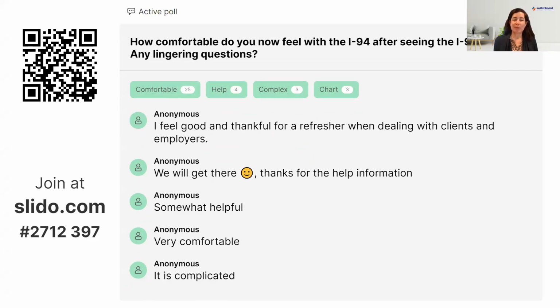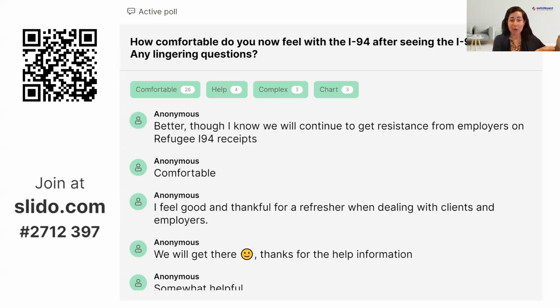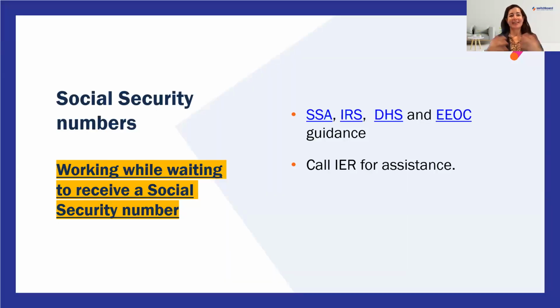Oh yeah, thank you so much, Ramya. That is something that I definitely should have mentioned. And so depending on whether they've already applied for asylum status or permanent resident status, they might not need to apply for reparole, or they might need to apply for reparole. So we can send you all of that information from USCIS. We don't make the rules, but we're happy to send them to you. So it seems like there are people who agree this is complicated, but hopefully you feel a little bit more comfortable, at least being able to spot. Now